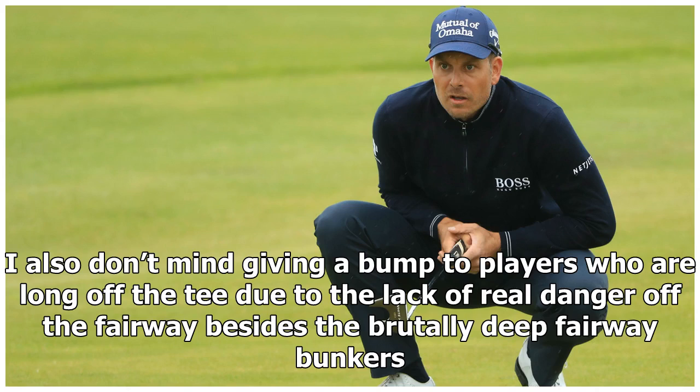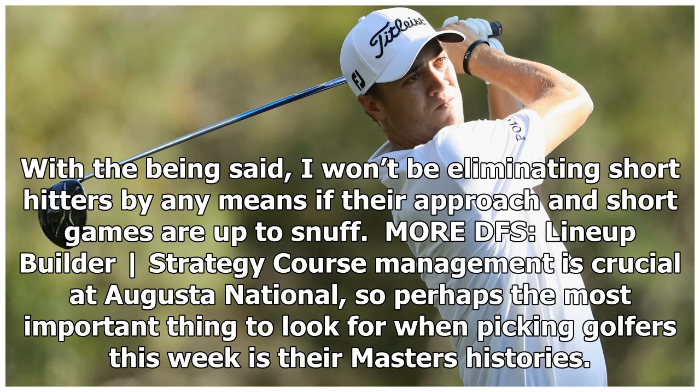I also don't mind giving a bump to players who are long off the tee due to the lack of real danger off the fairway besides the brutally deep fairway bunkers. With that being said, I won't be eliminating short hitters by any means if their approach and short games are up to snuff. Course management is crucial at Augusta National, so perhaps the most important